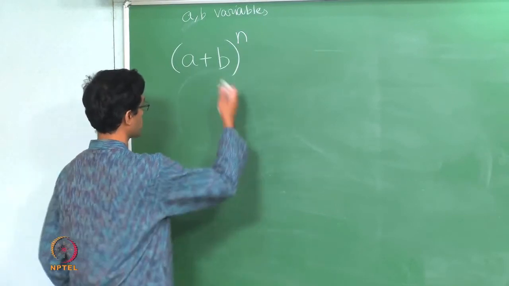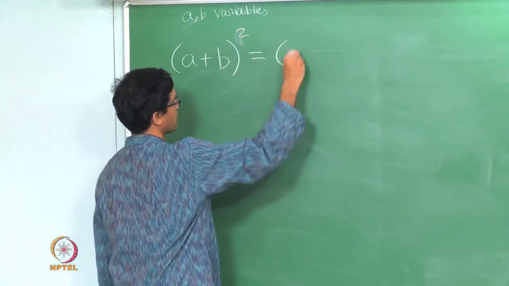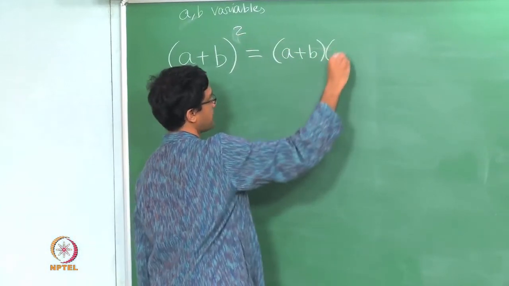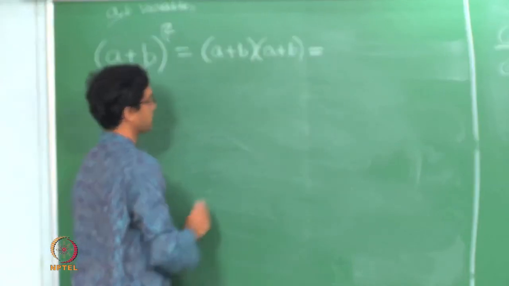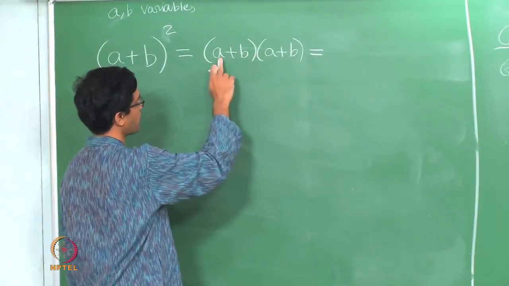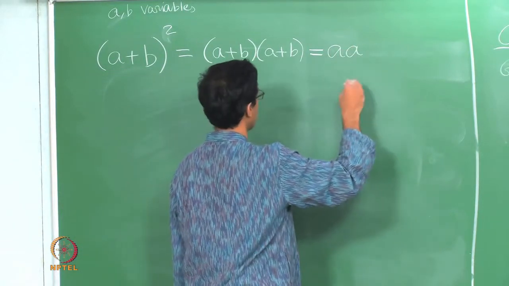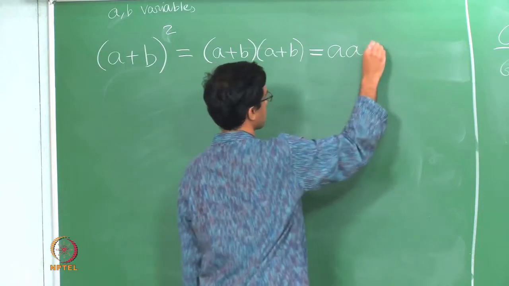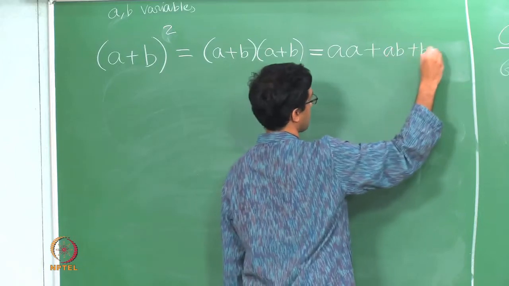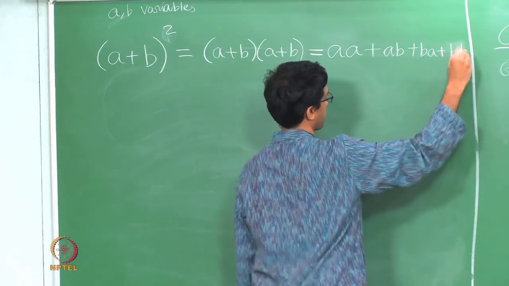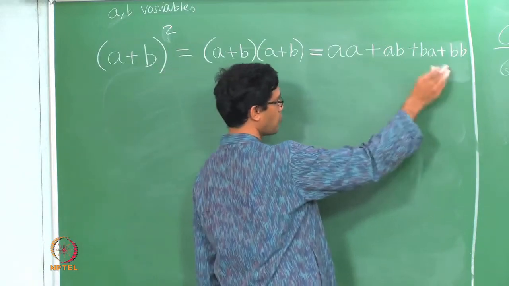Now we will just do this by example. We will look at (a plus b) whole squared. So that will just give you the well known identity. I have (a plus b) times (a plus b). But here I'm just going to do it with a slight change. I'll use the distributive law. I'll write it as a times a, so I'm not going to write it as a squared for the moment, plus a times b plus b times a and plus b times b. Okay, and of course recognize this is a squared plus b squared plus 2ab.